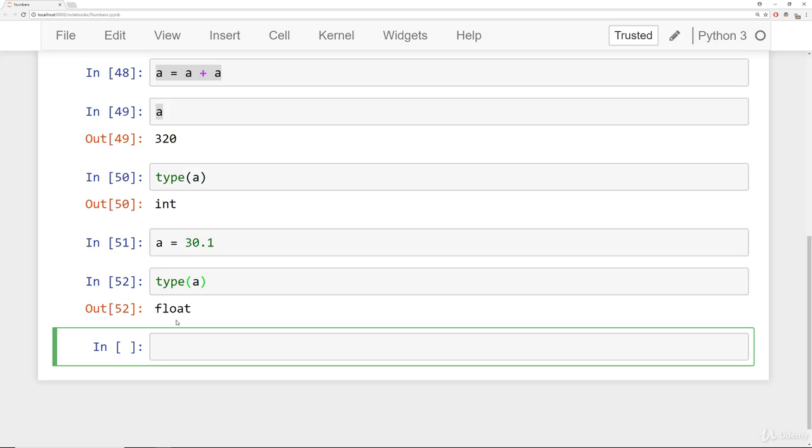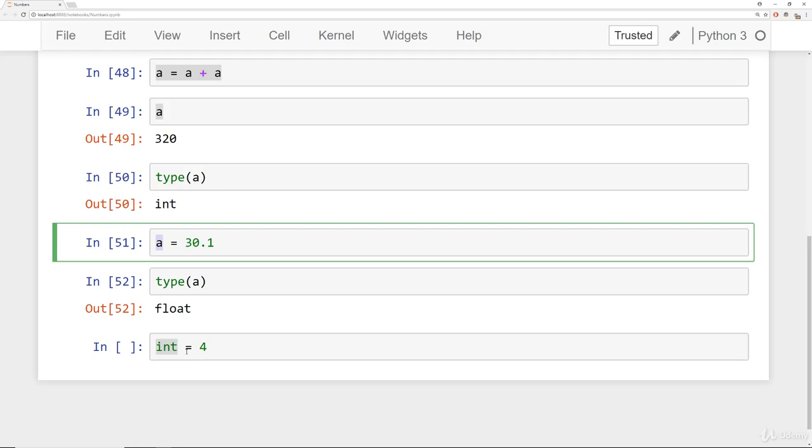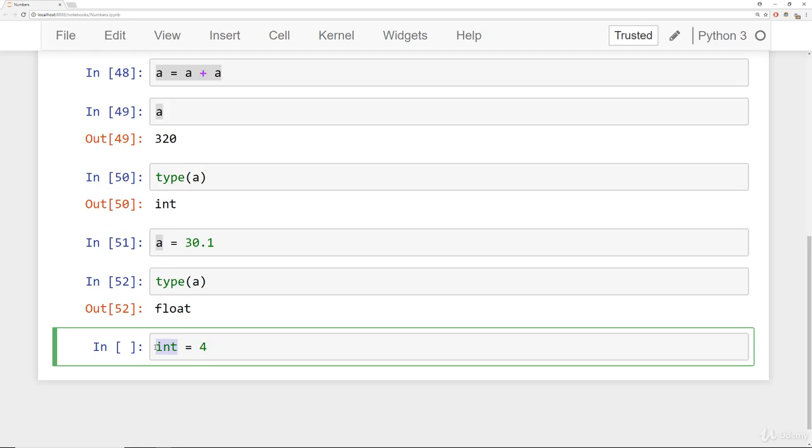Now, as we previously mentioned, you want to avoid using built-in Python keywords as variable names. And the way you could know if that's happening or not is, let's say I wanted to start assigning int equal to 4. So notice what's happening here. I have syntax highlighting on int, and I didn't get that before with a. So that means that int here is a special built-in keyword, and you shouldn't use it for something like this. So if you ever see that your variable name has some special highlighting that a normal variable name doesn't have, then you should avoid using it. So definitely don't ever run that.